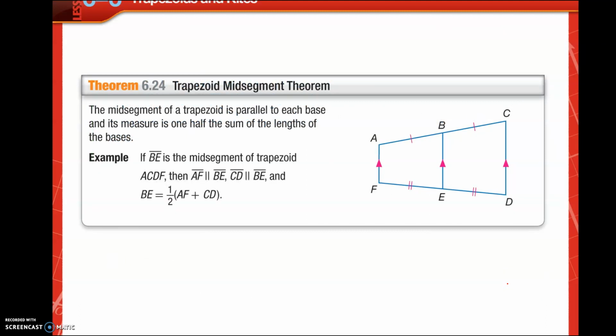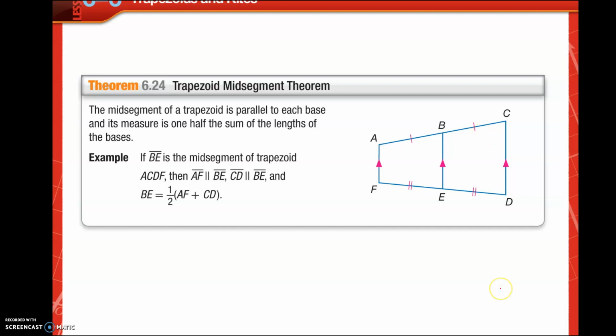So one more thing with trapezoids, I think I said that was the last thing, but I want to talk about the mid segment. So a mid segment is a line that's halfway between the two parallel lines. So it is also parallel. And we've seen in times past that if it's a mid segment, then it should cut both the sides in half, because that's the only way it's going to be parallel. So the mid segment of a trapezoid is parallel to each base, and its length is half the sum of the two bases, because it's the median, you can think of it in algebra terms,